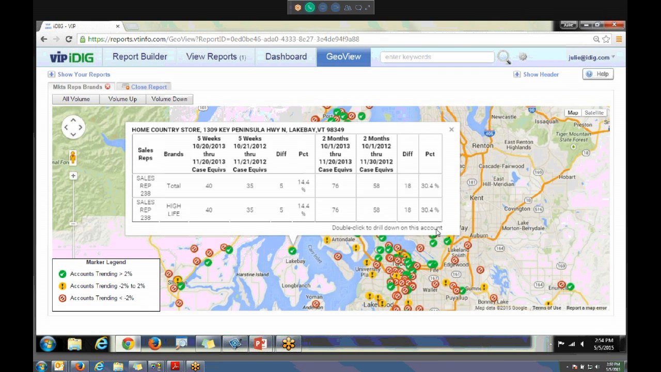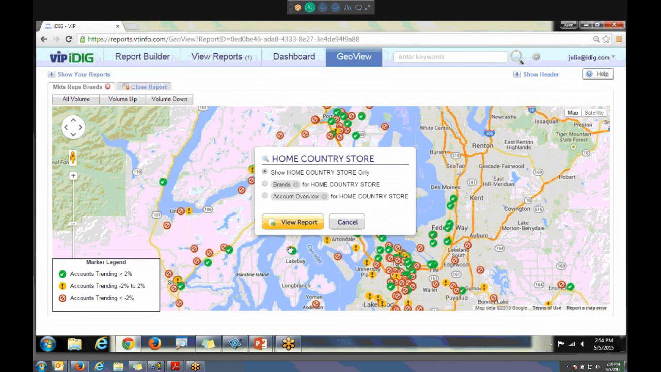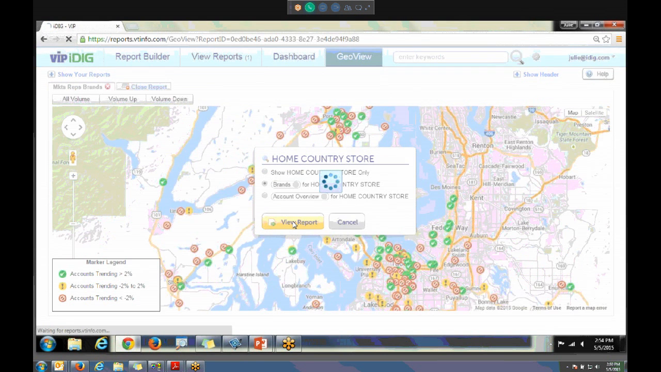If I want to, I can double click to drill down on the account. So basically, let's do that. When you drill down, no matter if it's from a graph or a map, iDig is giving you the same drilling options. So let's drill to the brand level detail for this store. And when you do that,